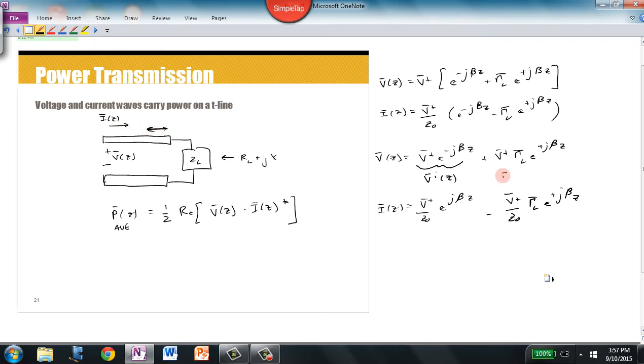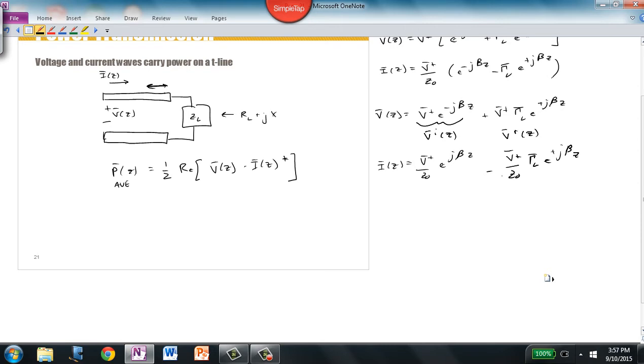And so that's V reverse of z or V reflected of z, whatever you prefer. And then the same arrangement exists for the current. This is going to be I bar incident of z, and this is going to be I bar reflected of z. And that technique allows us to disassociate the voltage into its two constituents and the current into its constituents,